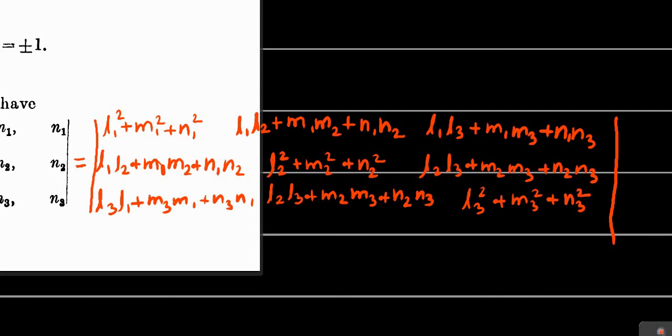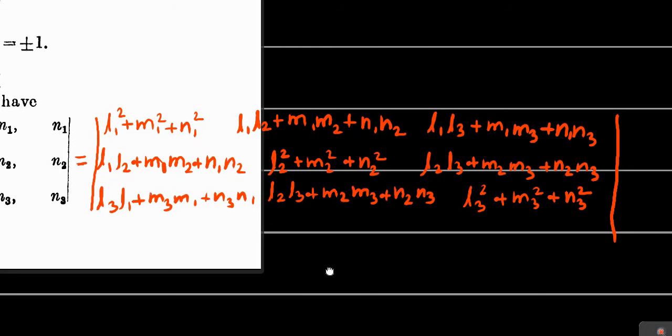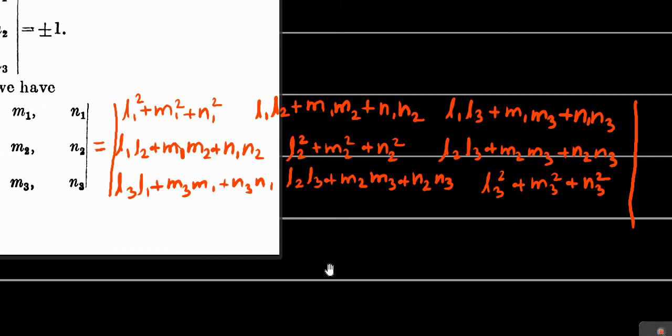So, this is our D square, determinant D square. Now, next one. As the lines having the direction cosines L1, M1, N1, L2, M2, N2 and L3, M3, N3 are mutually perpendicular, therefore, obviously L1 L2 plus M1 M2 plus N1 N2, as well as the other such terms, these 6 terms are obviously identical with 0.